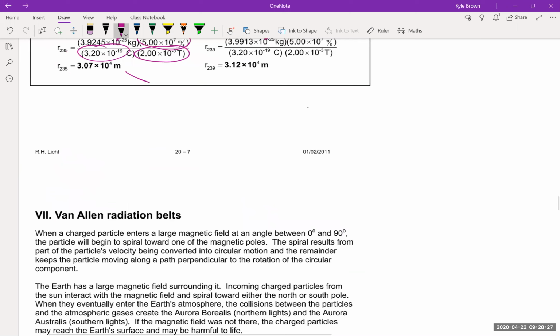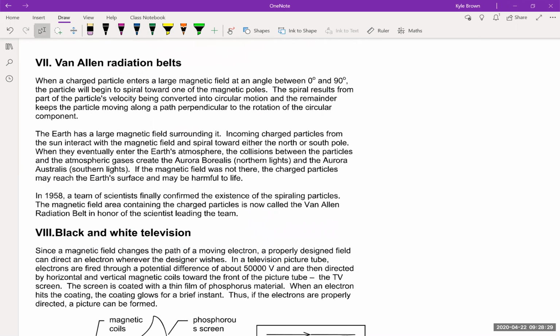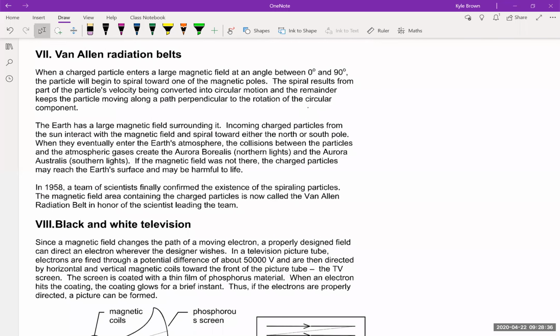Okay. Van Allen radiation belt. There's quite a bit in this lesson, by the way, just to let you know. So Van Allen radiation belt. So the Van Allen radiation belt